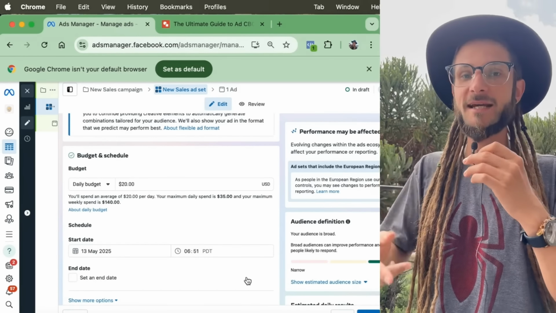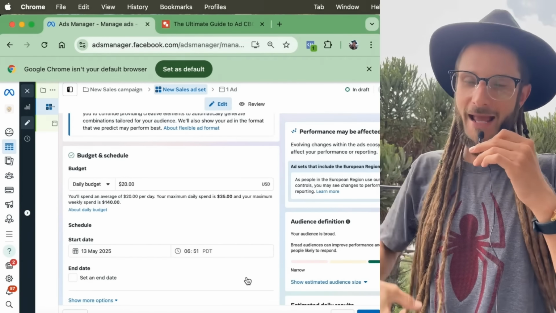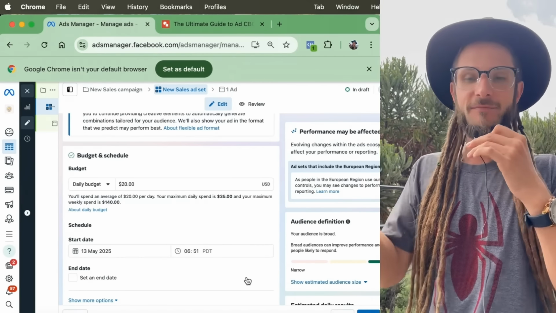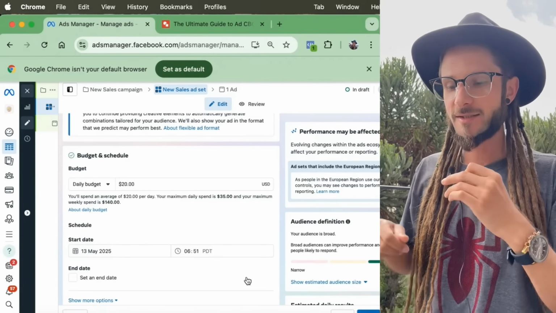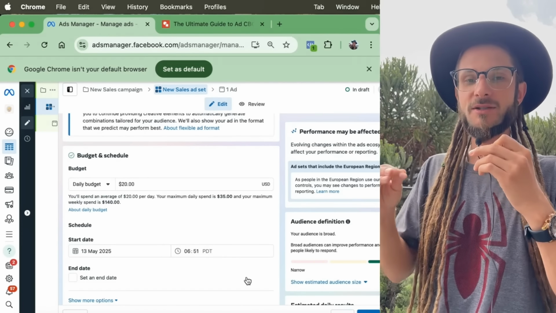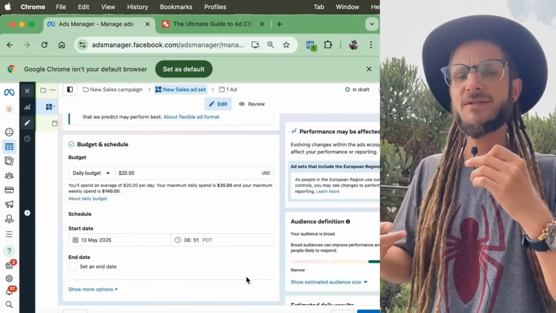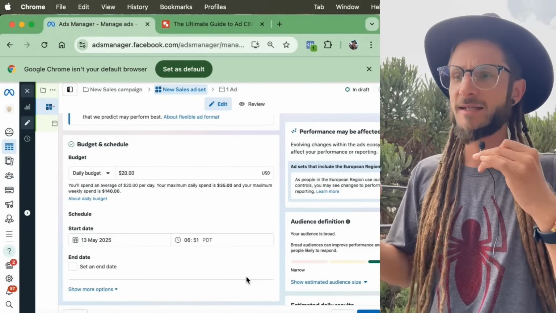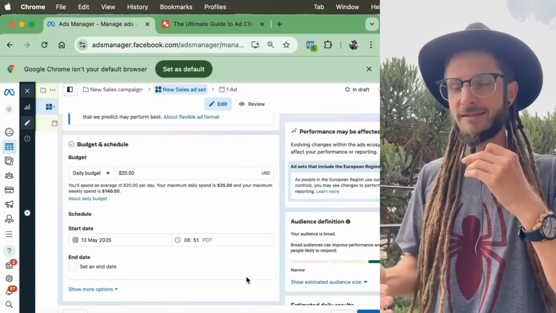the underperforming tests. I'm going to stick a card in the top right-hand corner if you want to know what you need to look at in order to disable a Meta ad. I've made another video on how to do that, but it's really, really important that if you have ABO turned on, that you go on a very regular basis and disable those underperformers, because Facebook will continue spending on those ads. And if you aren't getting the results that you need, the CPAs that you need, the CPRs, you need